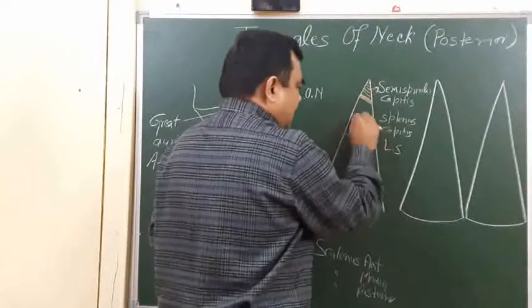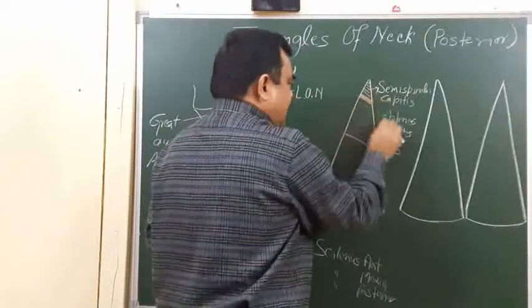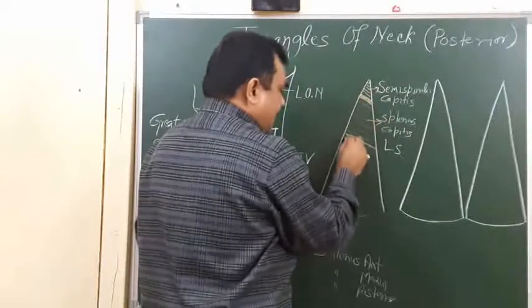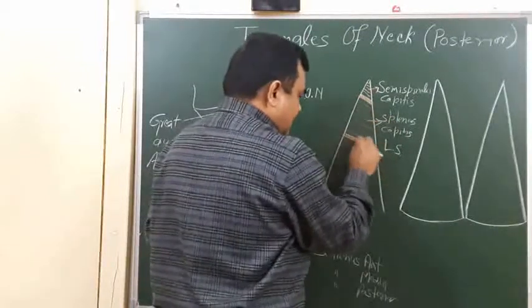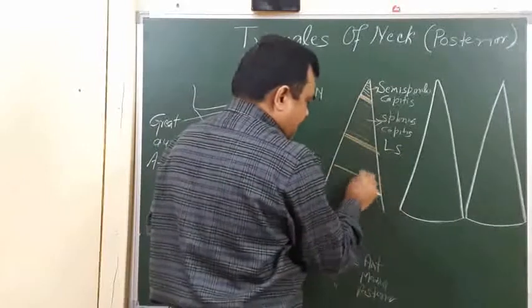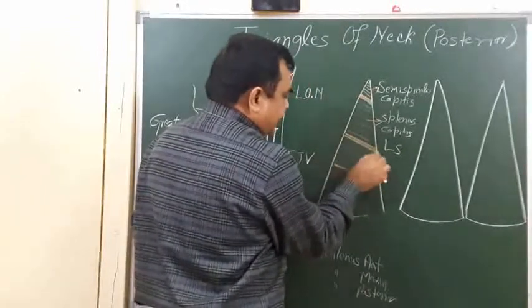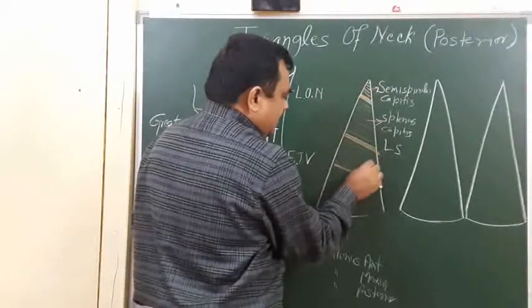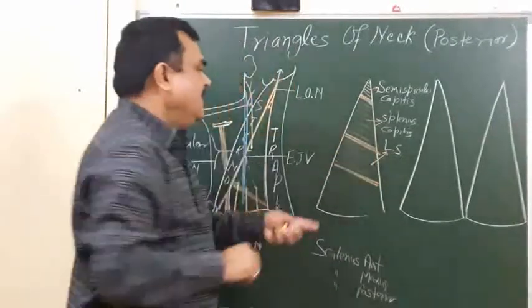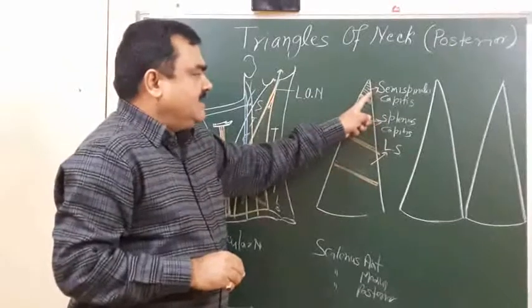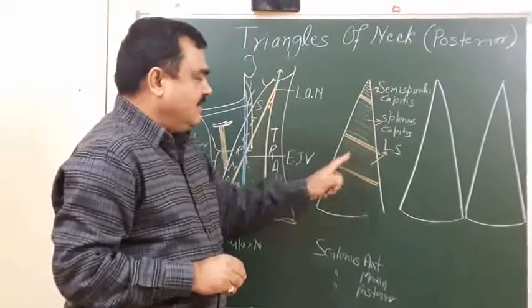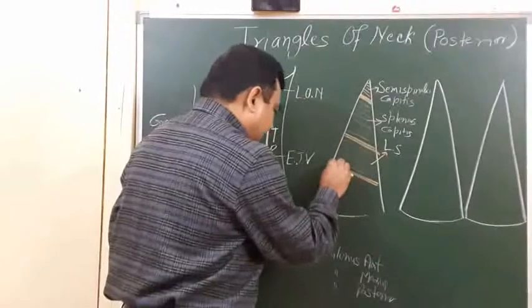From here to here, this is splenius capitis, and another muscle, that is levator scapulae. Semispinalis capitis, splenius capitis, levator scapulae, and here is